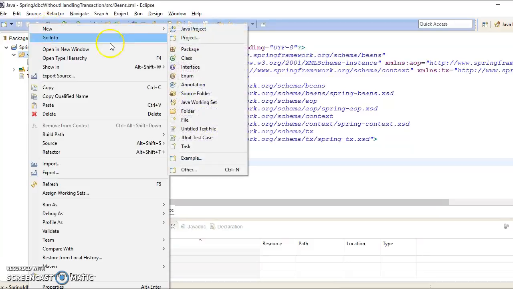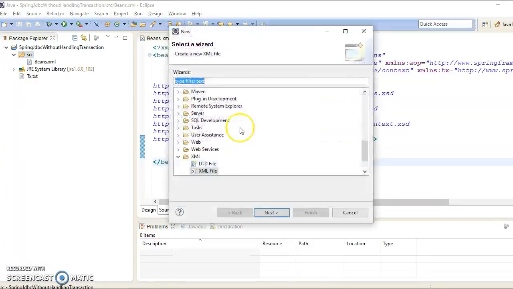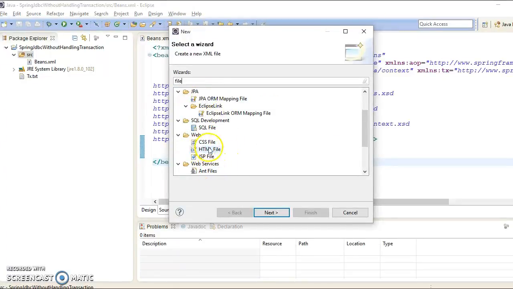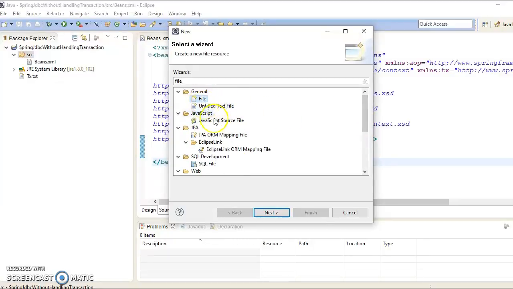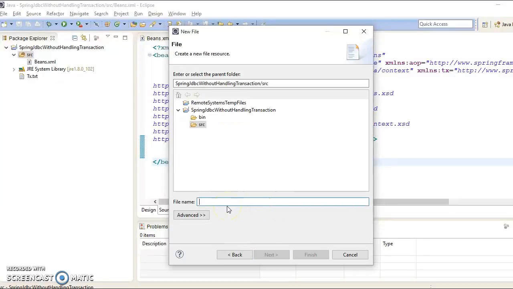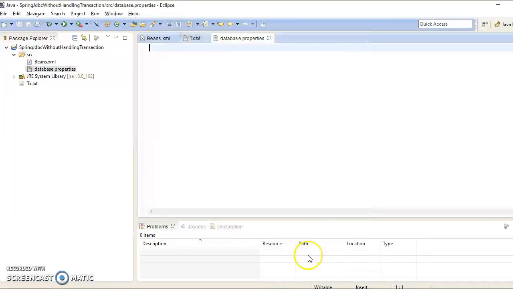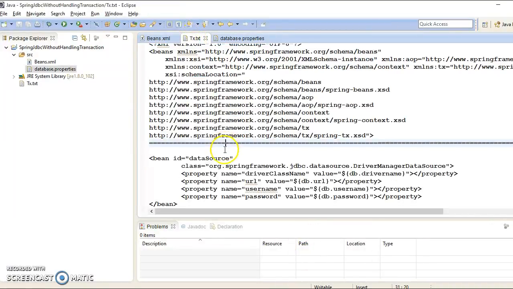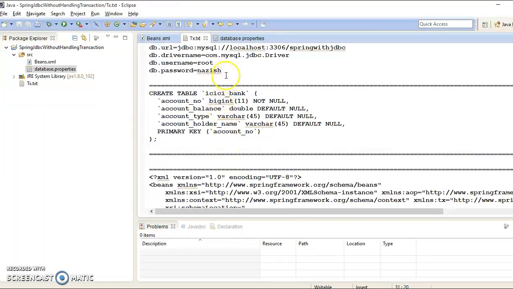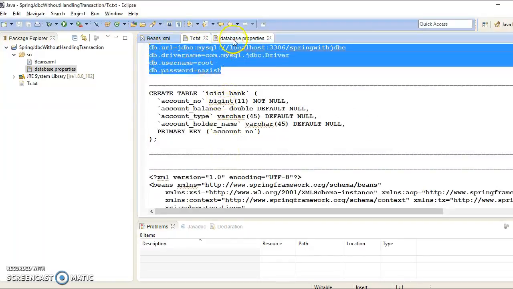Now the second file: I'm going to create a property file. So go here, search for the file, and here you can have a file. File name I'm going to specify database.properties. Click on finish, and in this file I'm going to specify properties which are related to my data source